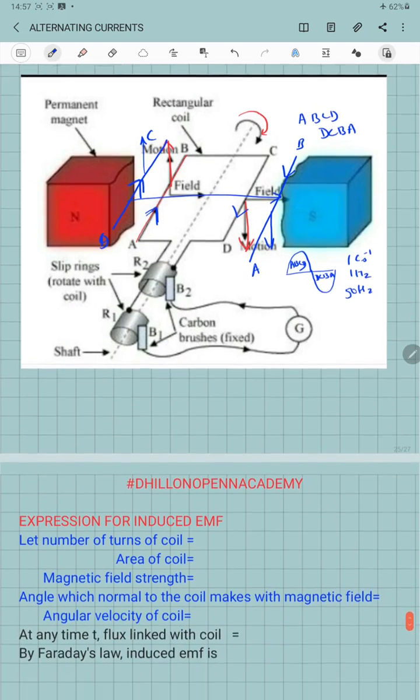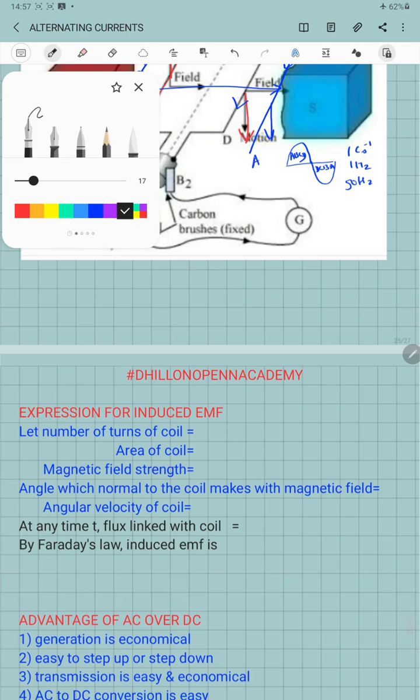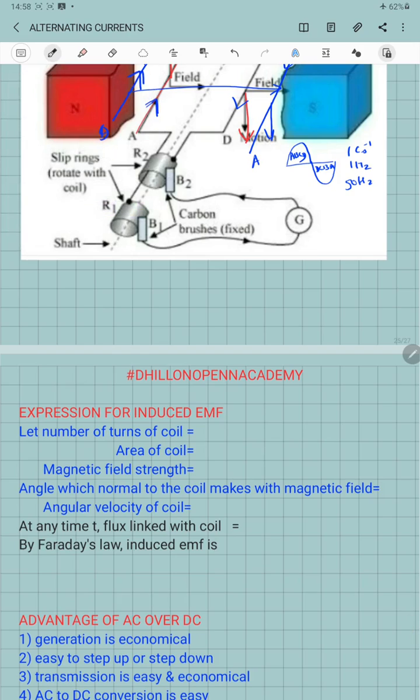Now let us find the expression for the magnitude of the EMF induced in the coil. Let the coil which we are using have N number of turns. Area of the coil is A. External magnetic field generated by the magnet is B. And the angle which the normal to the coil makes with the magnetic field B is theta, and omega is the angular